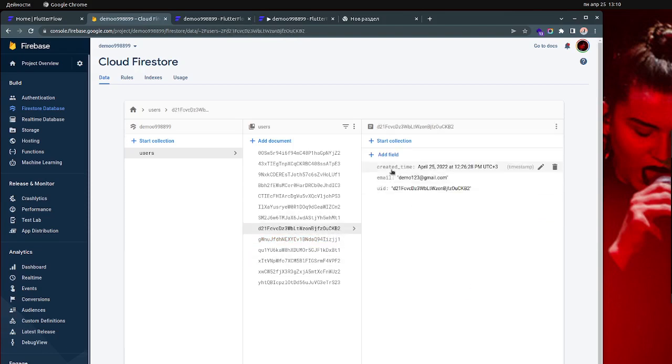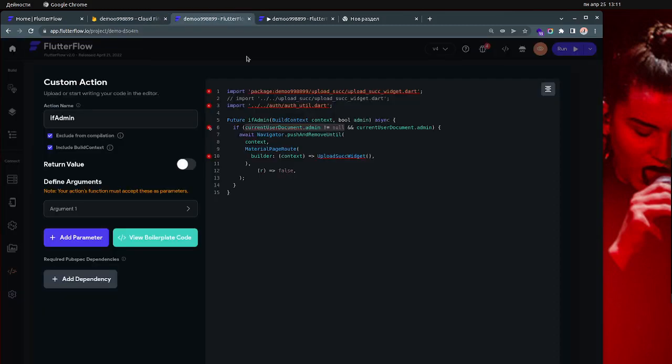But if it doesn't exist, like in this case, admin doesn't exist at all, you have to first check if it exists or not. If it doesn't exist, then don't do anything. And then second